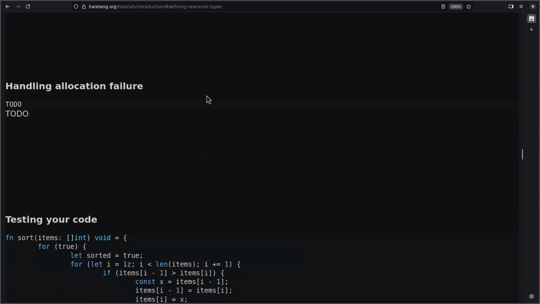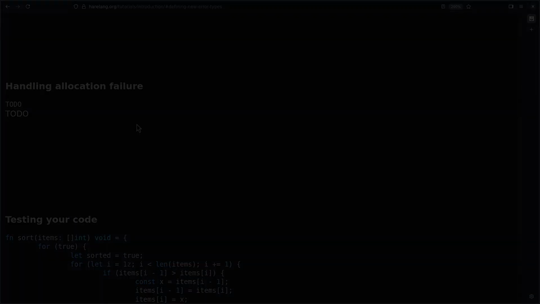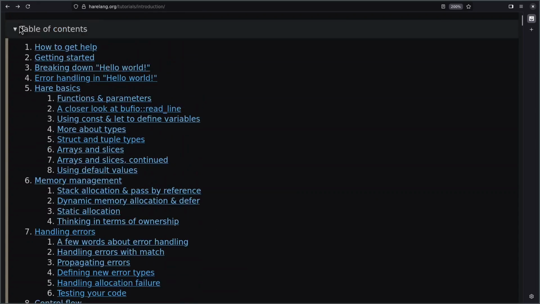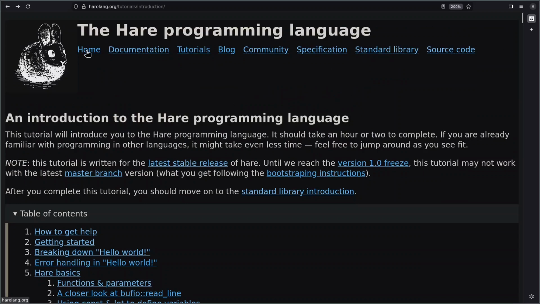So now moving on to this next part, you can see handling allocation failures. This is still left to do, but I'm going to show you a couple of examples of how to handle allocation failures. In this part, I am going to show you just a few basic cases of handling allocation failure. And if we go to